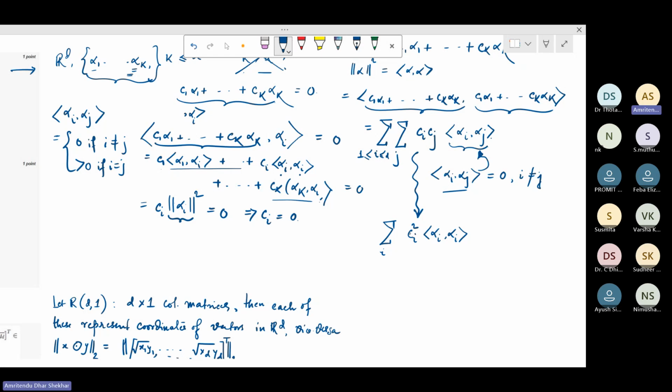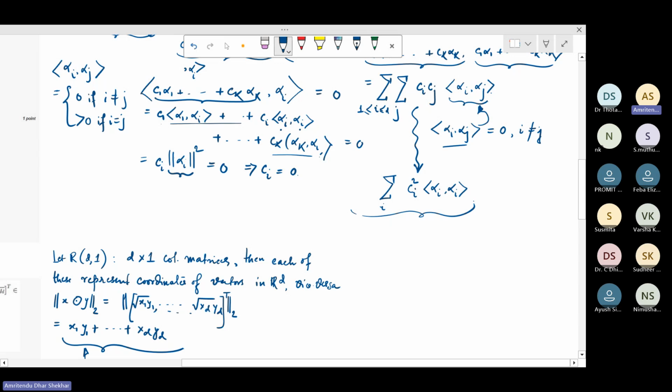If you look at this result, it's very interesting, because if you look at, let's say, the standard norm on R^d, the standard norm on R^d is given by